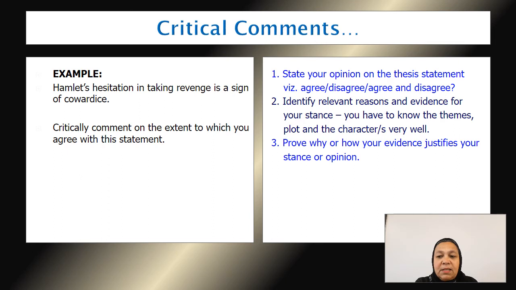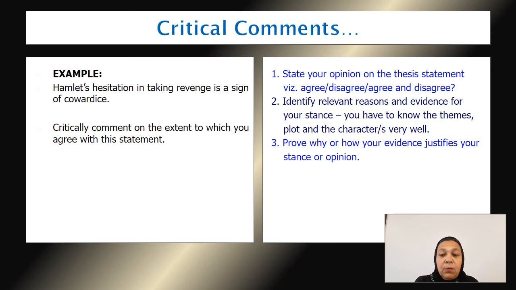Identify then the relevant reasons and evidence for your stance. Here you have to focus on certain themes, mention certain aspects of the plots and the characters as well. Once again, you need to know this information by heart. So prove why or how your evidence then justifies your stance or opinion. So if you, for example, think it is a sign of cowardice, you can say that Hamlet is indecisive because he basically wants to delay killing Claudius. Perhaps he does not have enough mettle or strength to actually go over into action